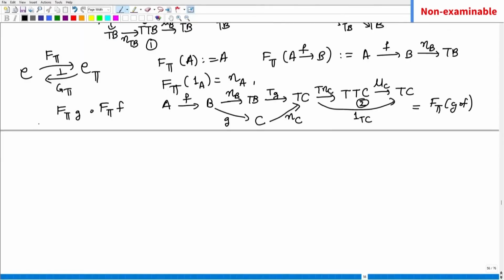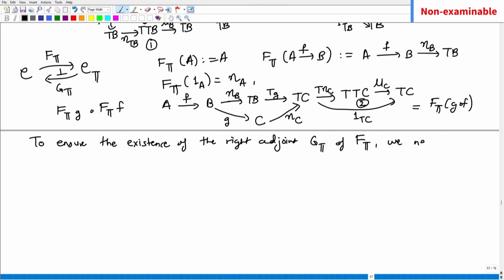To ensure the existence of the right adjoint GT of FT, we need to investigate